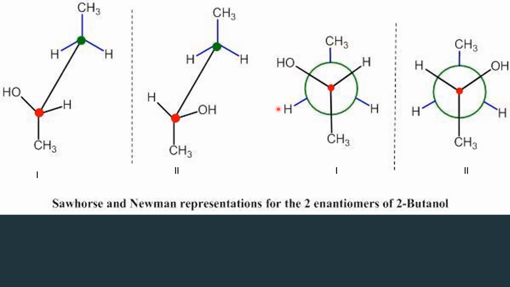That's all. And this is the structure 2, the mirror image of 1. Let us see how we can convert this into the Newman projection. The front carbon is shown as it is in the Sawhorse with a dot. Instead of the slanting line, we are putting a circle, and the three groups are shown as they are in this structure. So this is how the Sawhorse projections are converted to the Newman, and it's an easy procedure.